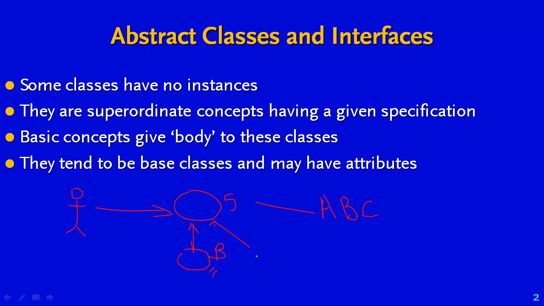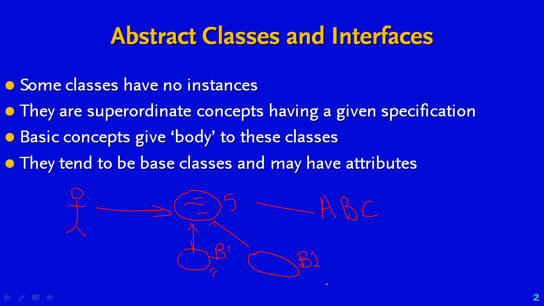So it could be a B1 class or a B2 class. So here's my base class. The client only gets a pointer to an abstract base class, which at runtime can be a B1 or